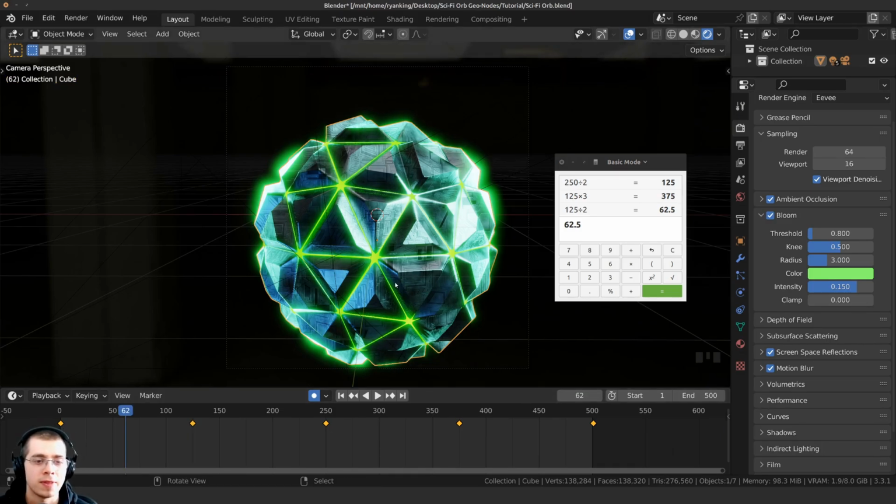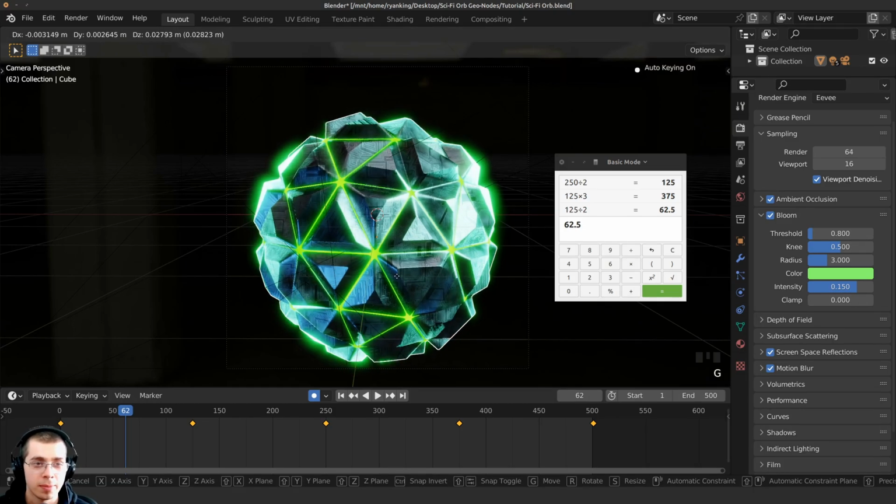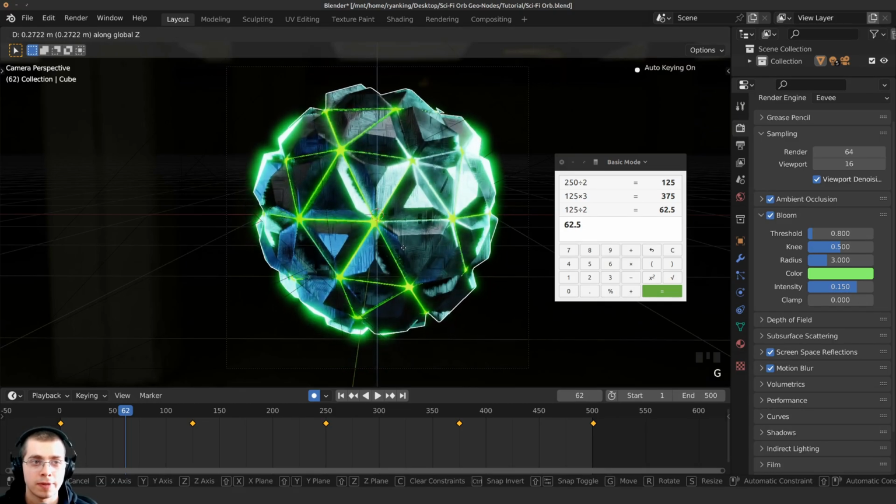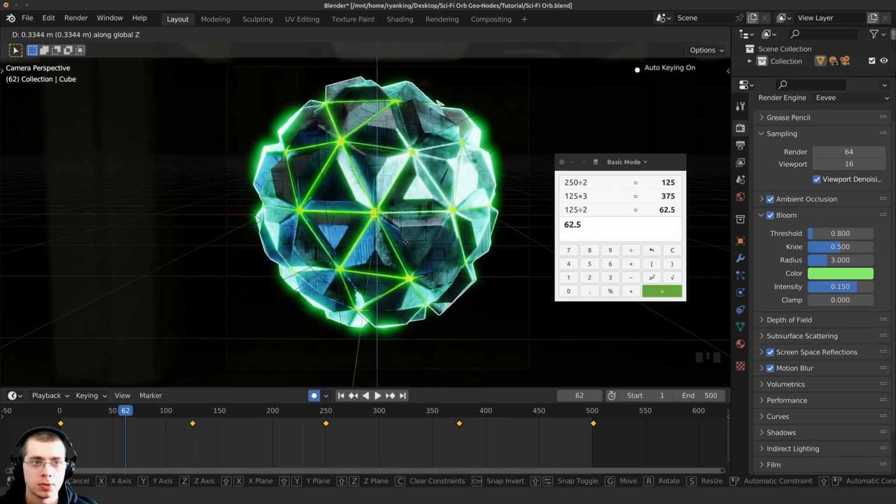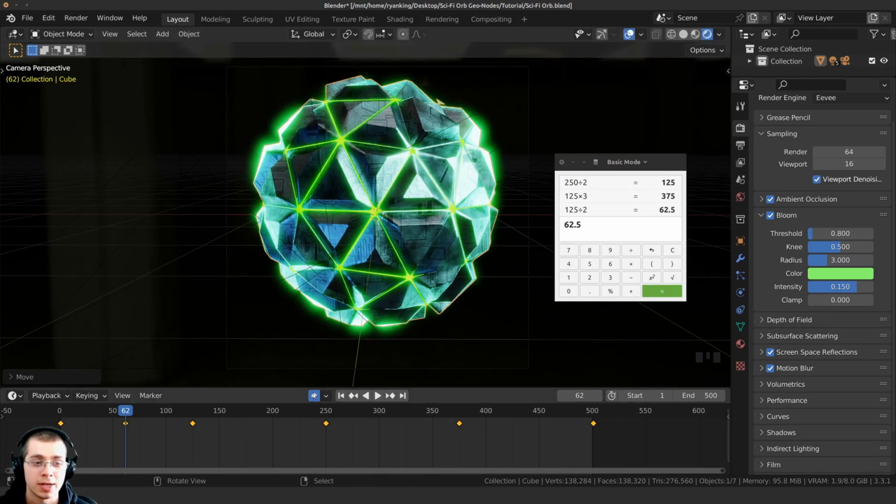I can now animate this, so I can press G to grab, and then hit Z to bring it up on the Z axis, and I'm going to bring it up to about there. And because we had the auto key on, you can see it's automatically adding a keyframe. So I now want to figure out what's in the middle of the next keyframes. So I can go 1, 2, 3. You can see I want to bring it over by 3. So I can take 62.5, and I'm going to times that by 3. And that is going to be